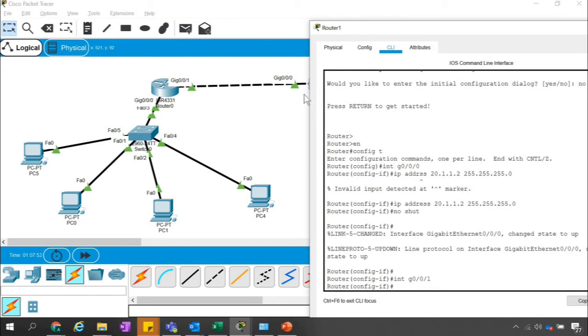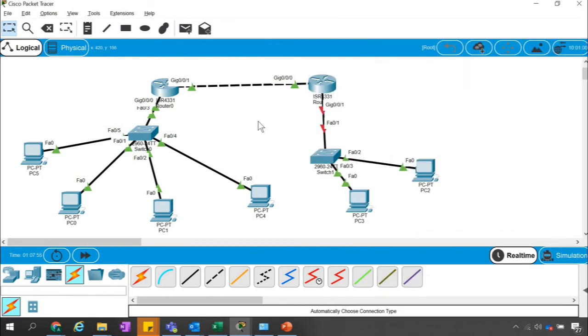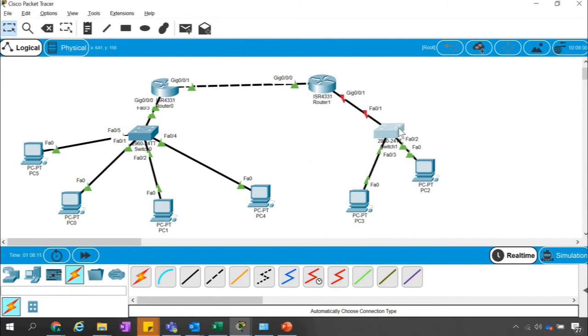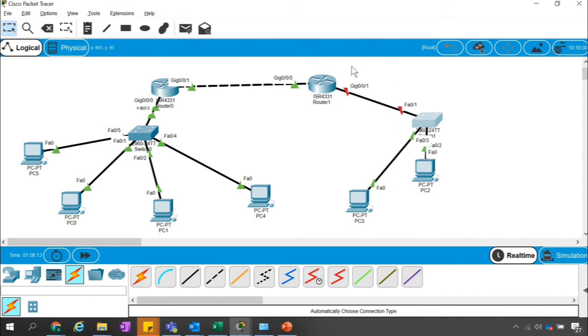Okay, so that's quite a good question, and I want to ask you again. Guys, I know that it's been quite long since we discontinued our learning, and can anyone tell me whether we can assign an IP address to this interface on router 1, interface G0/0/1, from this range?